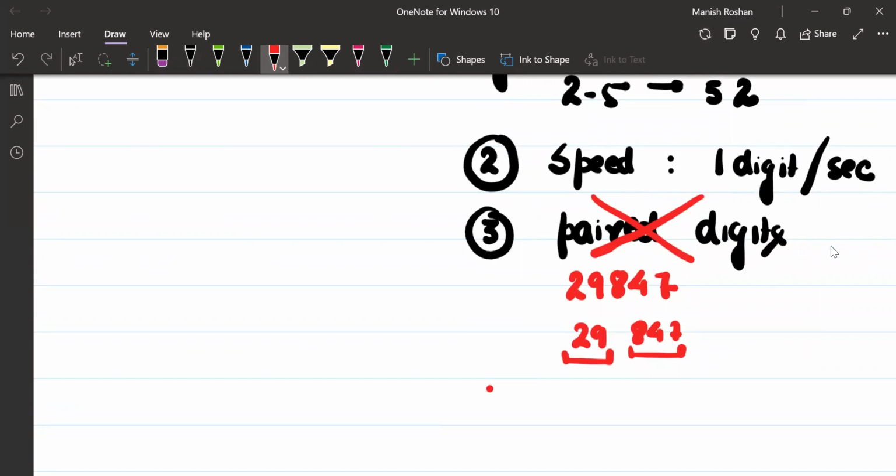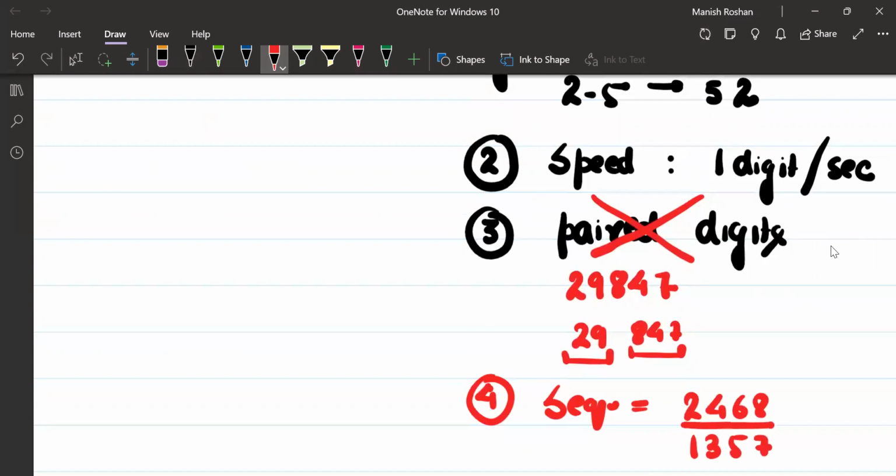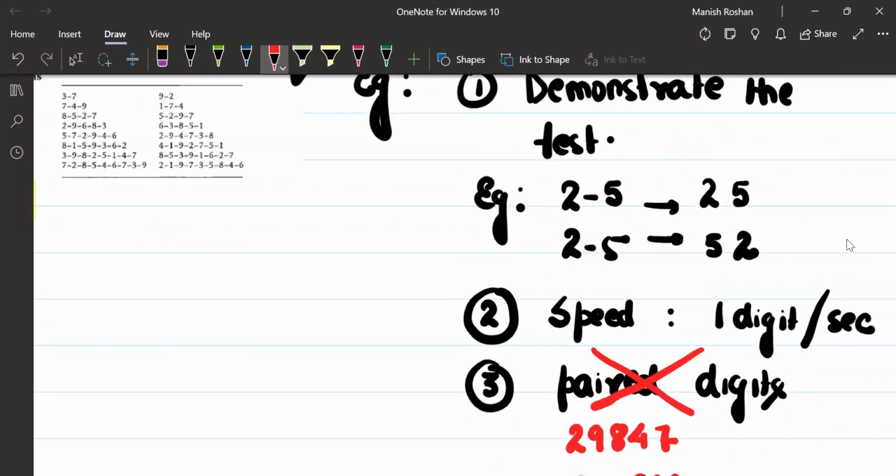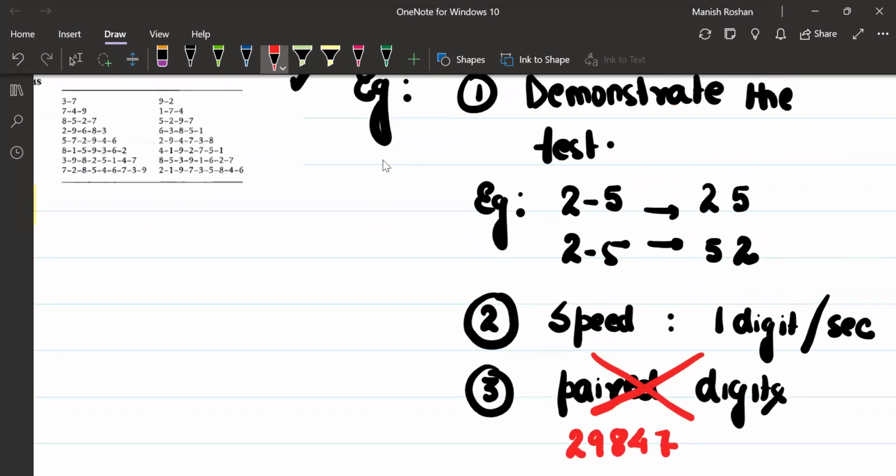Avoid clubbing. What is the next most important thing? Don't give a particular sequence. So 2, 4, 6, 8 is a sequence of even numbers. Similarly, 1, 3, 5, 7 is a sequence of odd numbers. Similarly, other sequences like the Fibonacci sequence should not be given. So avoid sequences. These are the 4 important rules that you have to follow while doing the digit forward test